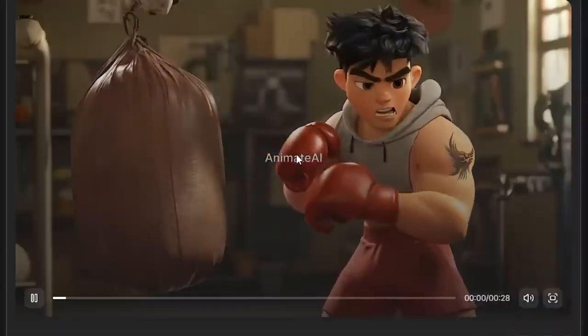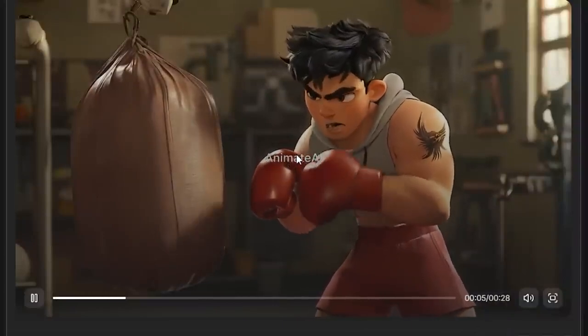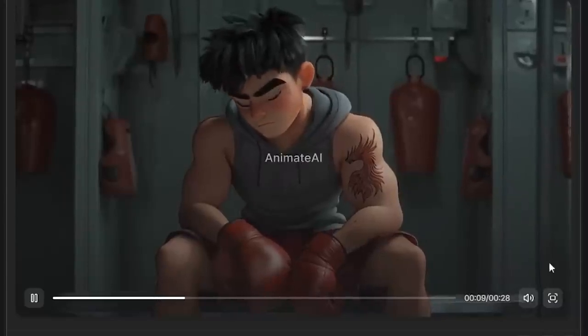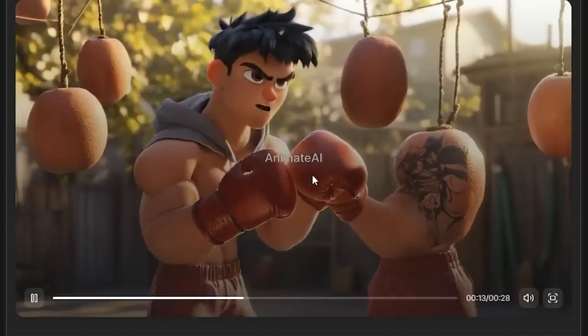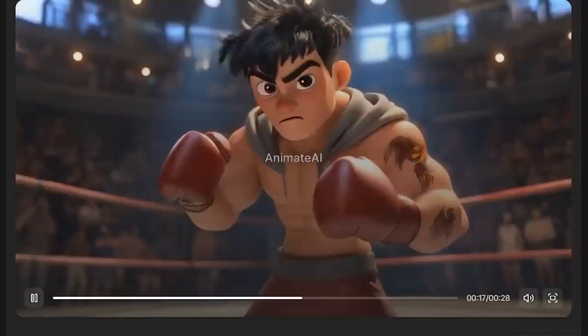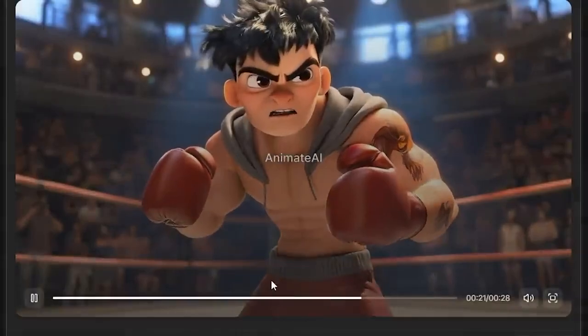In the quiet of the gym, Max's resolve was unshakable, each punch echoing his determination. Defeat was not the end for Max. It was a moment of reflection and renewed hope. Max's unique training methods brought laughter, but also results. The championship fight was not just a battle in the ring, but a test of Max's spirit. True victory was found in resilience and the joy of the journey.